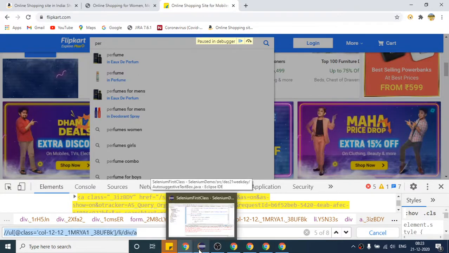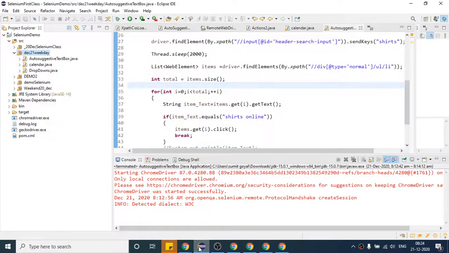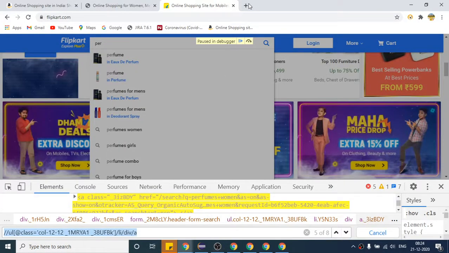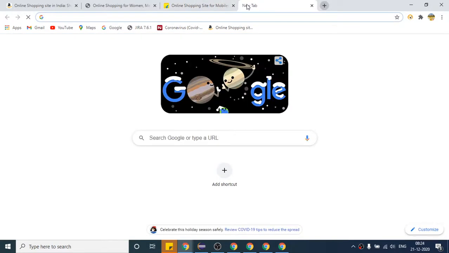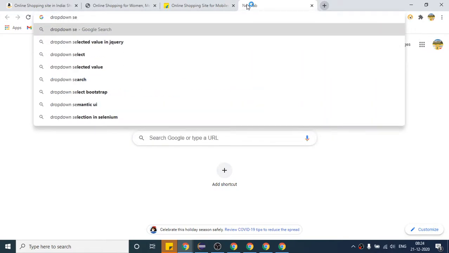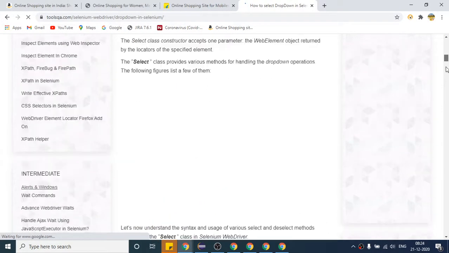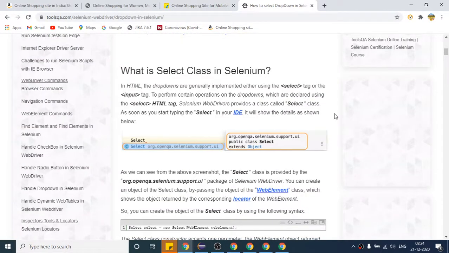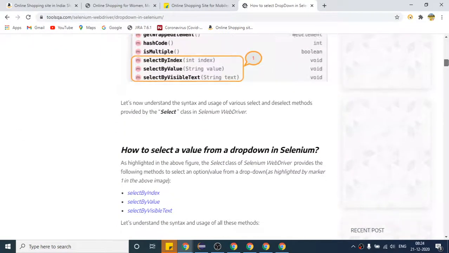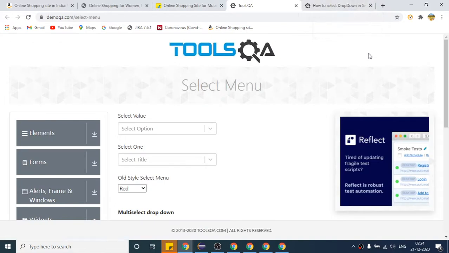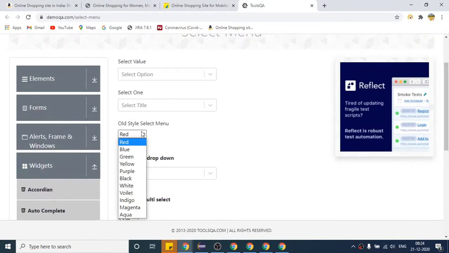So let us discuss one small concept. Here, if you see, we have discussed auto suggestive drop down, but if I click this, some values you are getting, right?